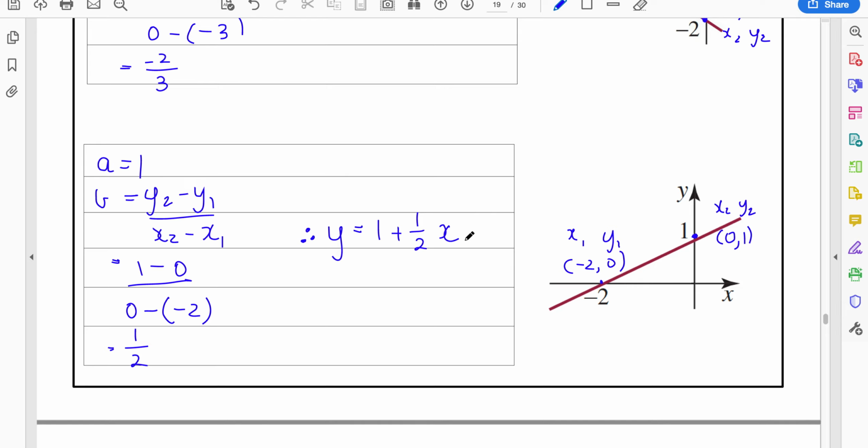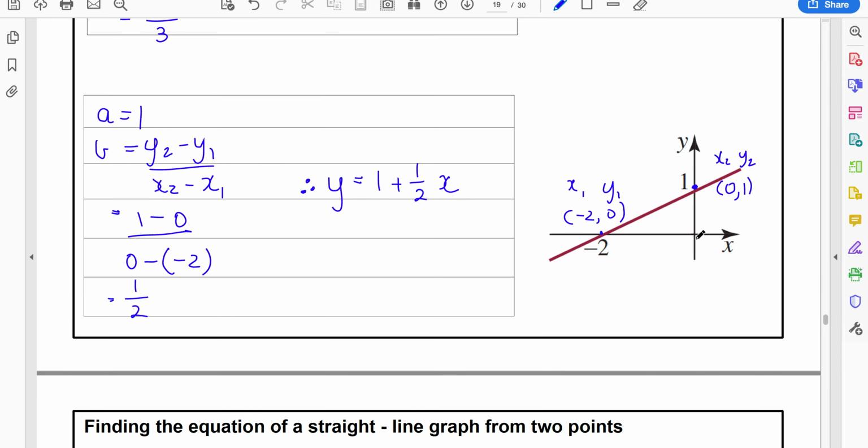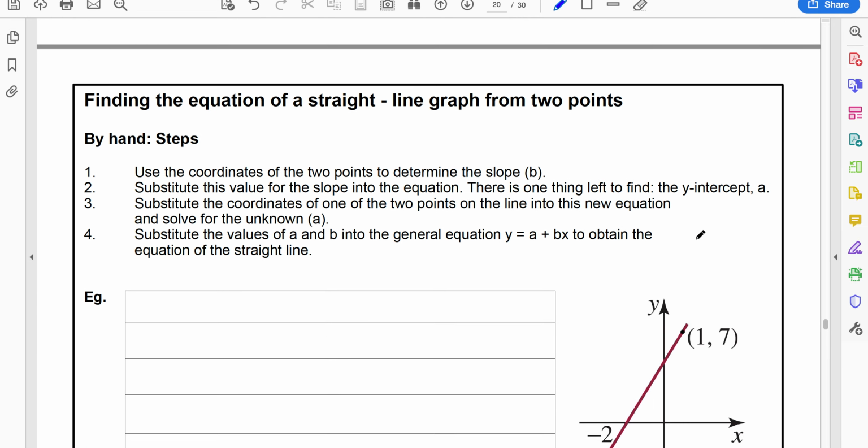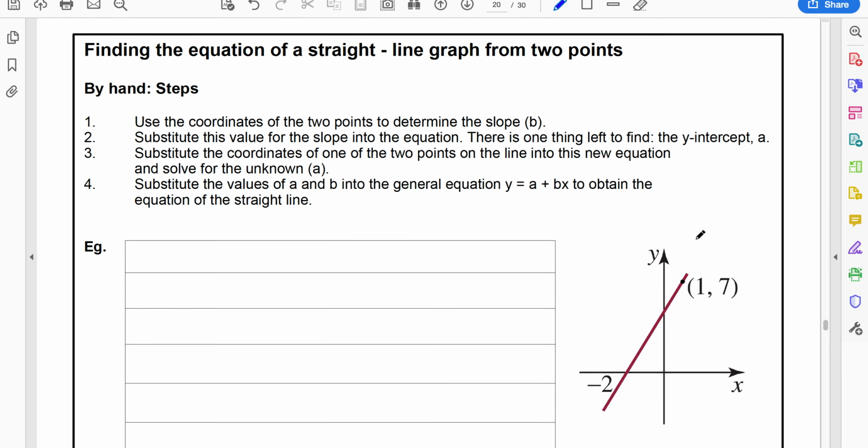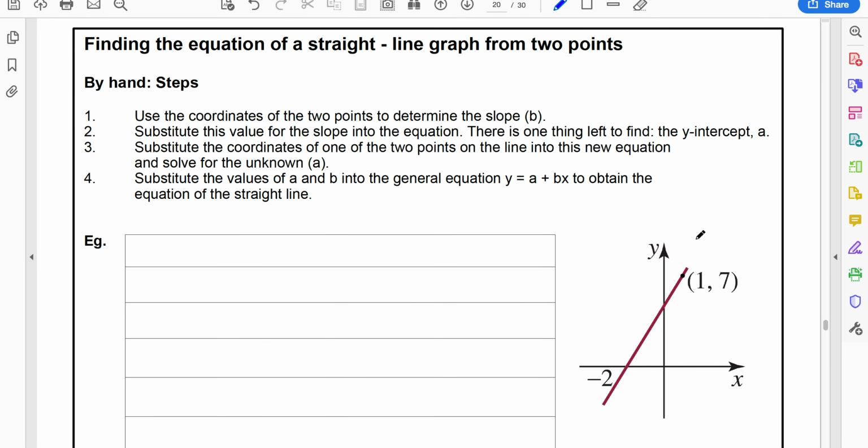So that is one strategy for you. Of course, you have to have 2 points with that because you do need to be able to find the gradient always. And you also do need to be able to see your y-intercept as well. Now, there's another option for you. So I'll show you that one now. Well, there's 2 options actually, because if you have a look at the very next page,